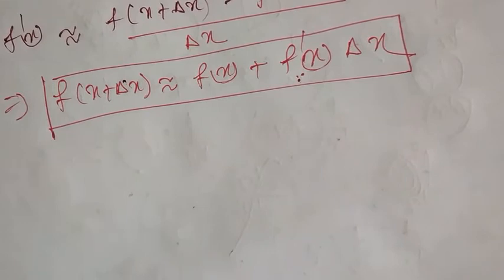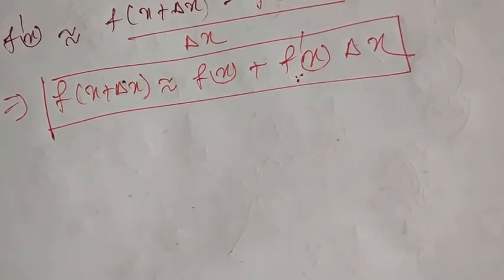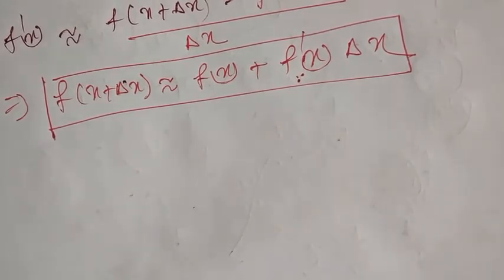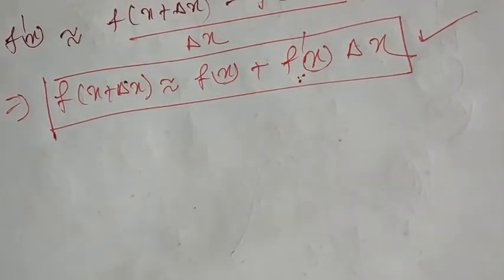We call it linear approximation of non-linear functions. f x is a non-linear function, but we used the idea of linear approximation. Why linear approximation? Because we use the derivative, that is, a locally linear function. Now let us use this idea to solve a question.